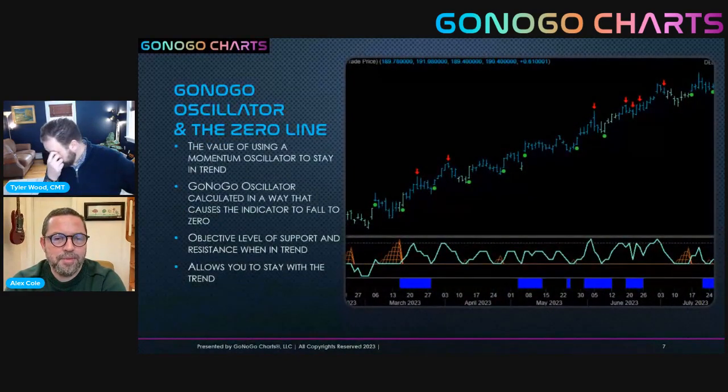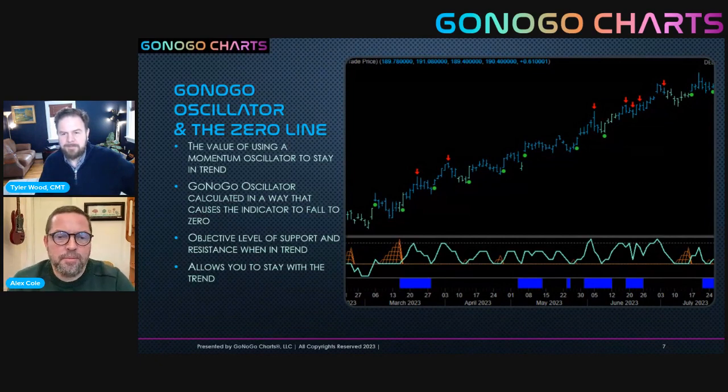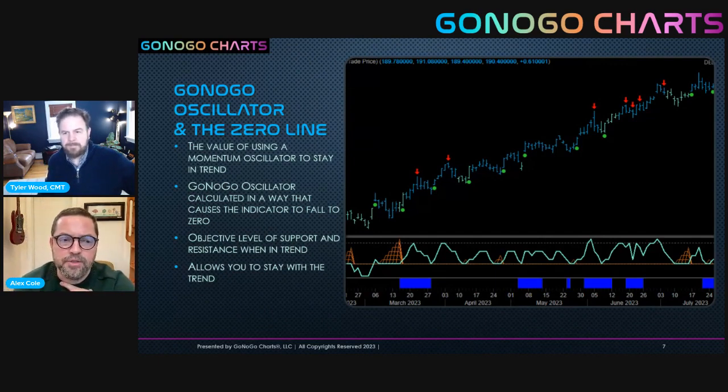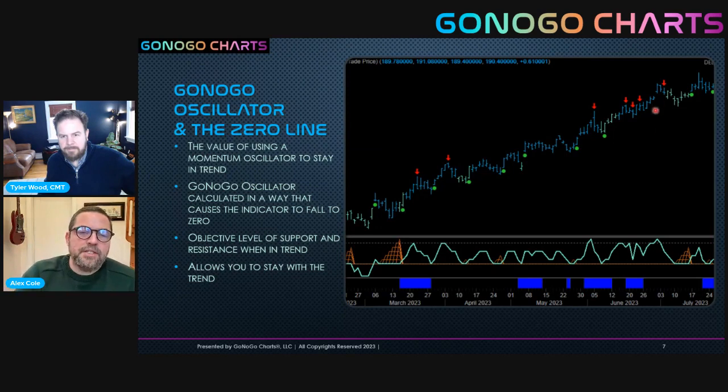Like you said, Tyler, it's about managing those positions. And if you stay with the ones that are winning, that's what it's all about. So let's talk a little bit about the GoNoGo Oscillator and the zero line. We know that we can use oscillators to help us when in trend. A lot of research was done, people like Connie Brown and others, to understand how to use what the momentum indicators are telling us when a security is trending, not when it's moving sideways, as perhaps we think they were designed for. So what you end up doing is looking at something like an RSI, something like a stochastics, and